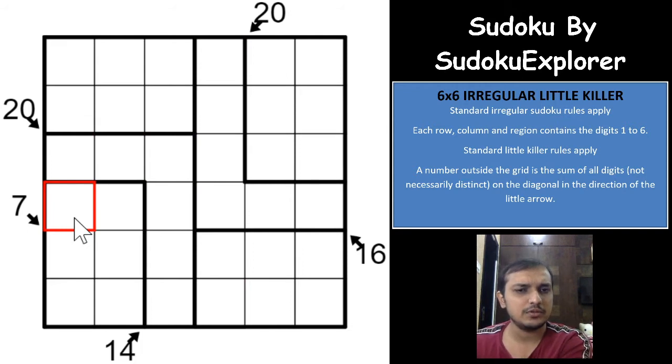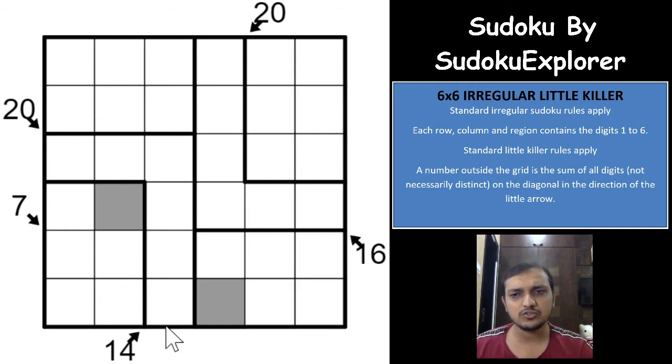You cannot have even a 2 in any of these two cells, right? Let me mark that here, though I don't think that will help much. You cannot have 2 on these cells in this direction, because if you have a 2 in any of these cells, the other cell can be 6 and these two cells will be 6 and 5. That leads to 17 plus 2, 19. Not possible, right? So that isn't much helpful here.